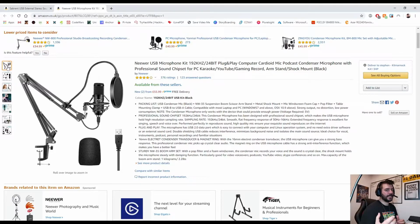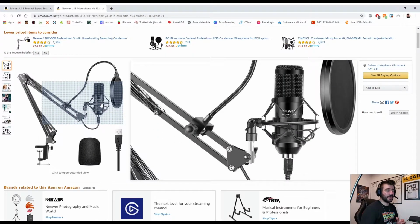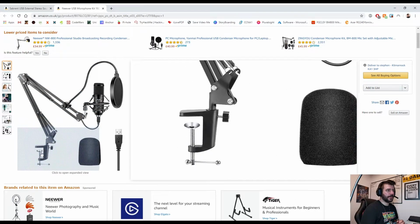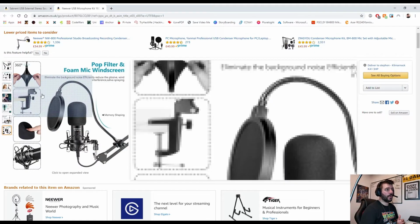The microphones are quite similar from what I've seen in other reviews, so we're just going to leave this one in as is. So this is actually the 8000, I believe, but again it sounds very similar. And there's a couple of differences, but I'll point those out as we go. So with the kit, I only paid $34.99 for the kit, and that came with the arm that holds the